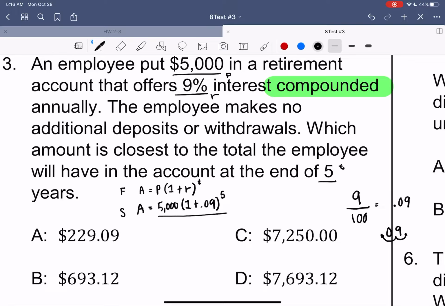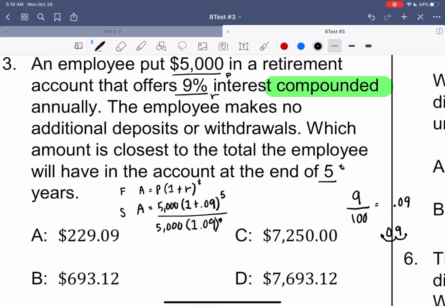And if I wanted to simplify just a little bit more, I could take this and say 1.09 to the 5th power. And then that's just multiplying